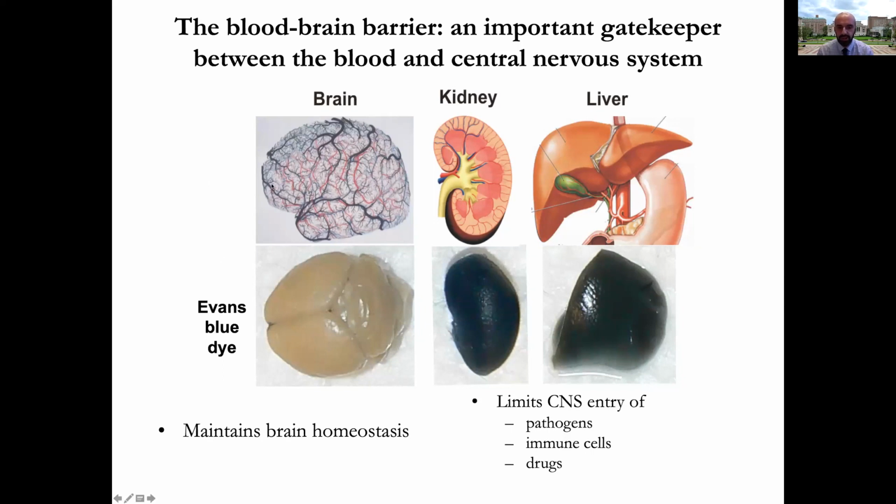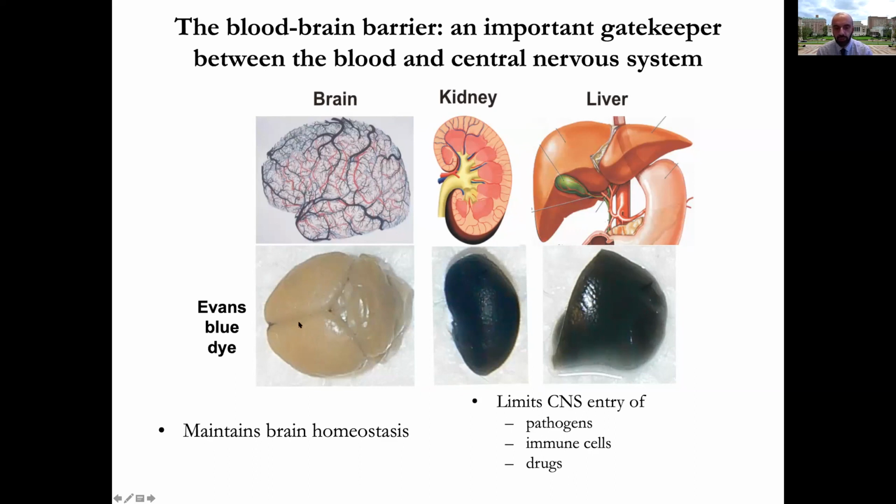And this is illustrated in this schematic here. If you take a dye that binds to albumin, this is a blue dye, and you inject that into the bloodstream, you can see that as it binds to albumin, the dye will leak out of the vessels from other organs such as the kidney and the liver, and will turn these organs blue. But in the brain, the dye is unable to leak out of the vessels,